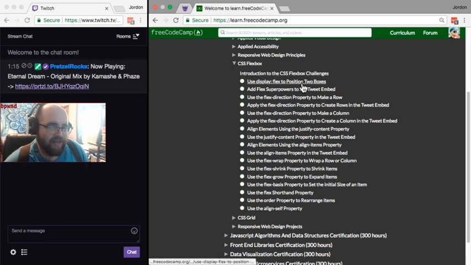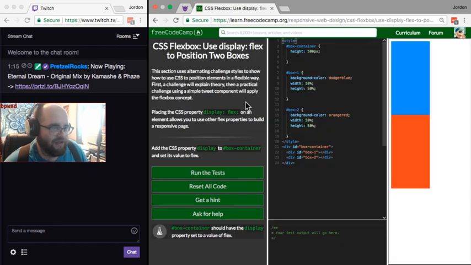Alright, so let's get back to this first lesson. CSS Flexbox. Use display flex to position two boxes. This section uses alternating challenge